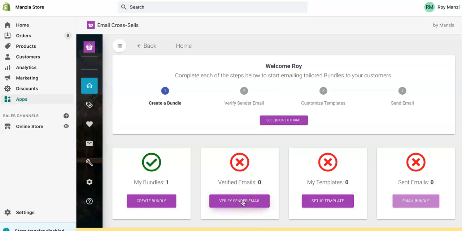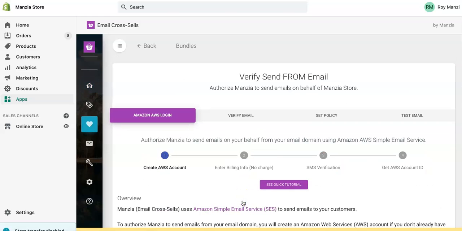Click Verify Sender Email. You will now authorize Manzia, the company behind Email Cross-Sales, to send emails from your email domain. Manzia uses Amazon Web Services, AWS, Simple Email Service as our email provider. AWS is the largest cloud services provider and is a subsidiary of Amazon. Keep in mind that AWS charges for emails sent by Manzia via your email address will be charged to Manzia